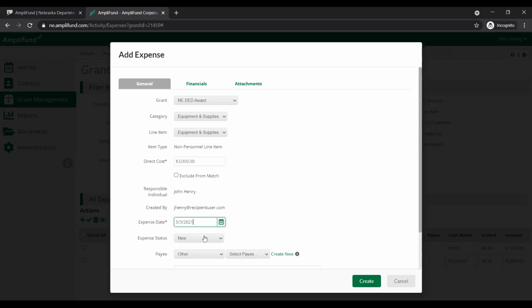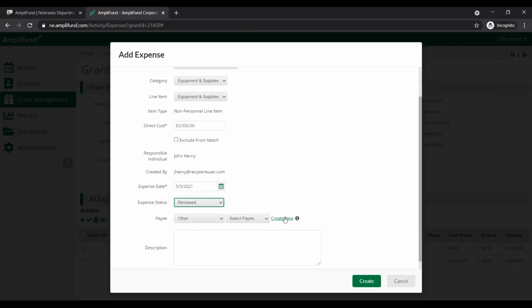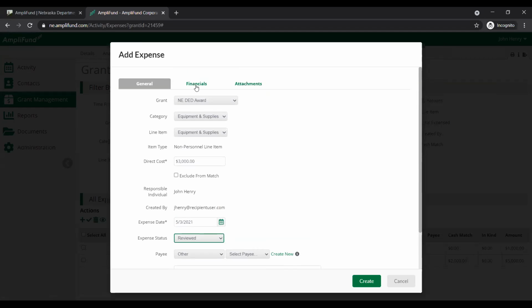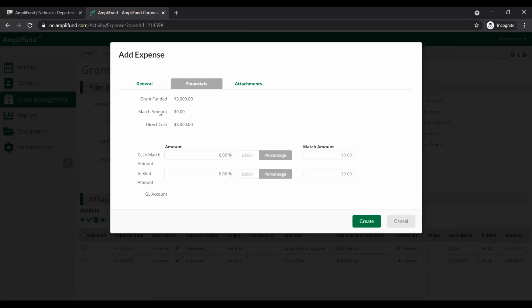Also, on our expense status, I want to make sure that my expense status shows up as reviewed. So I'm going to click reviewed here, add my payee and my description if applicable. And now here, I'm going to go to my financials tab. And in this financials tab, this is where I'm going to make sure I indicate that this expense amount is